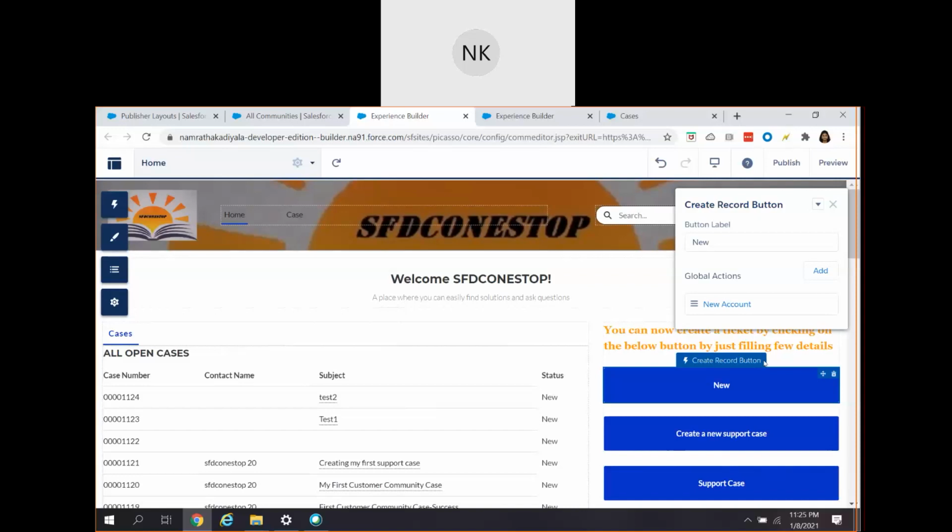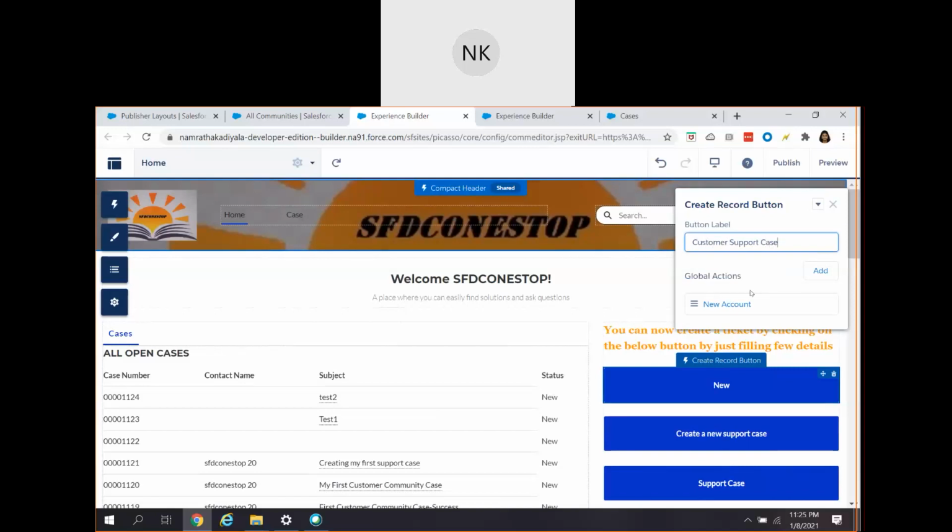As soon as you drag the Create Record Button from the components section to the right hand side of your community page, a new pop-up will be shown. It will ask what the label should be. Here I'm saying customer support case. You can give a label.